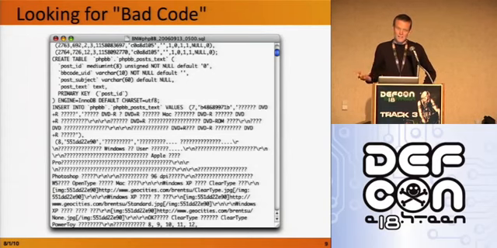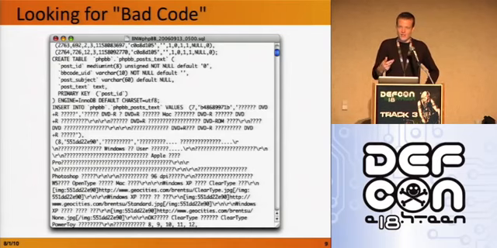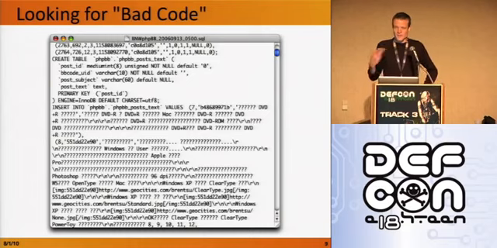Now, we'll talk about a lot of examples today and how just checking in code to do something really nasty, it's not quite as simple as just checking in code to do something really nasty. You've got some concerns like not getting caught in the way too, and how that functionality is actually going to execute as part of a greater system. But in the end, what we're really looking for is bad code. And we don't necessarily mean code that is vulnerable. We'll see a lot of examples today where the malicious insider code has a perfectly legitimate use. Except that's not the way it's being used in the case that we're looking for. It's being used illegitimately.